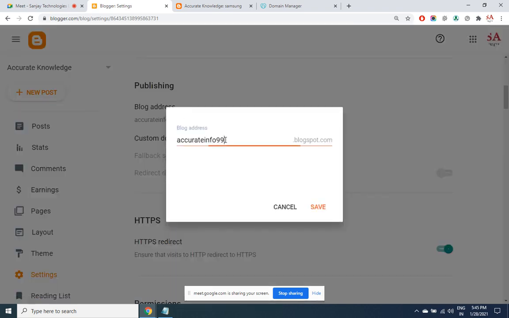If you want to change from free to free, let's say I want to migrate to 98.